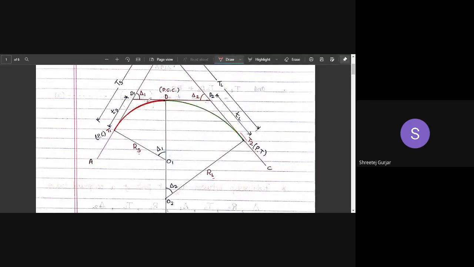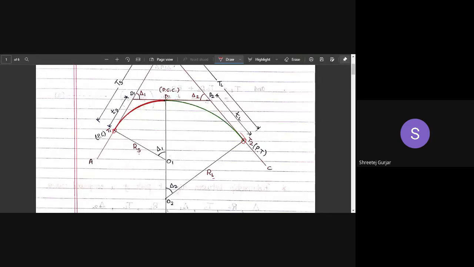You can see this is the short arc, and this in green color is the longer arc. This is the point of curve, T1. We know the same thing: this is the end point, so it is the point of tangency, or T2. This is common, and we also know this from simple curves.